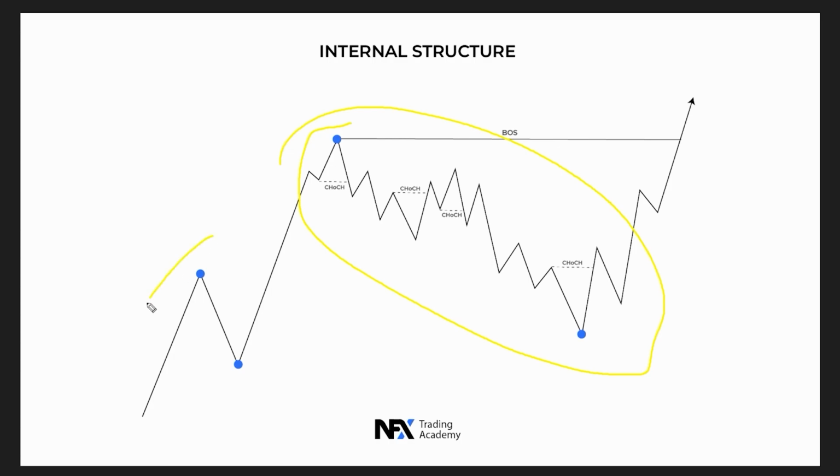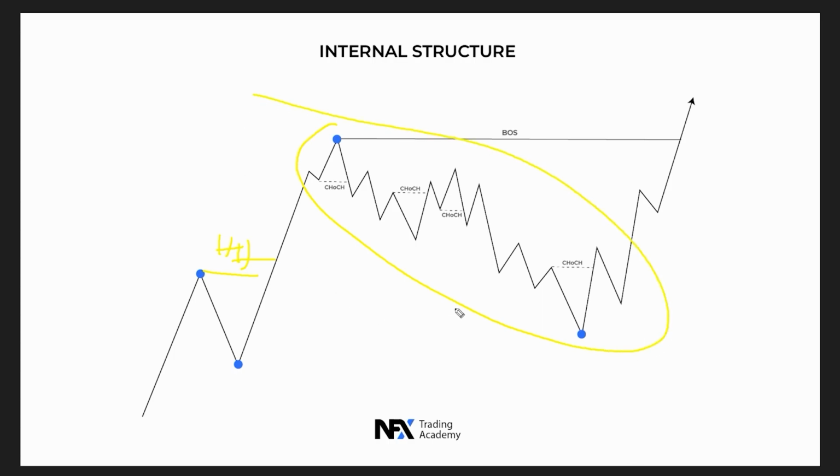So if this is the 4-hour, for example, with the blue dots, then our internal structure is going to be on the lower time frame, such as 5-minute or 15-minute. This is where most people, smart money traders or retail traders, get confused because they do not understand that internal structure has nothing to do with the higher time frame structure and what price wants to do. So once we create that new higher high, in this case on the higher time frames, and we can expect a pullback, we can start looking at the smaller time frames in order to execute a counter trend trade.